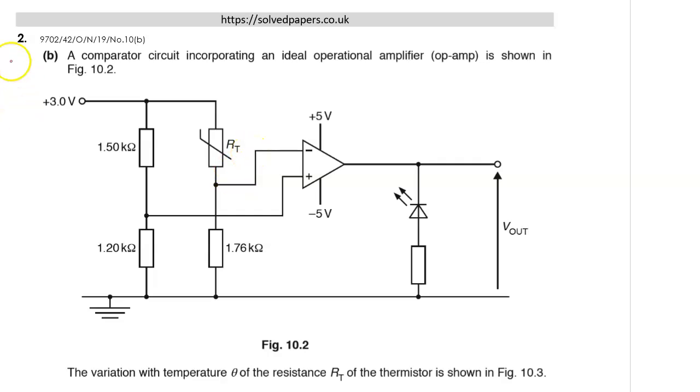All right. This is question number 10B, and it was set on paper 4/2 of October, November 2019. Very well. Comparator, of course, it is 10B. That's why A is not here. A comparator circuit incorporating an ideal operational amplifier, op-amp, is shown in Fig 10.2. This is a comparator. It compares the voltage, the non-inverting and inverting voltage in there, and of course it does a function when the